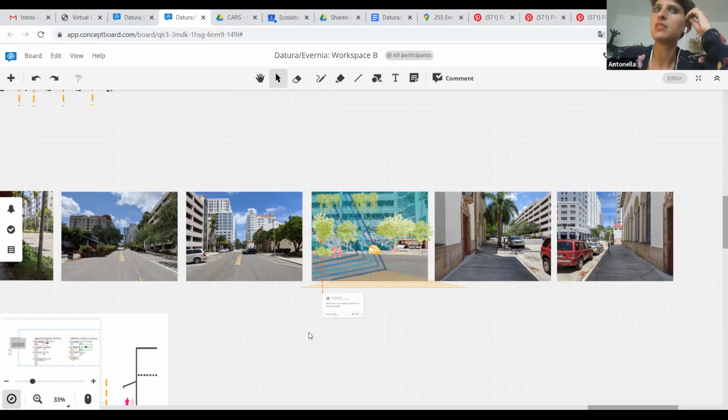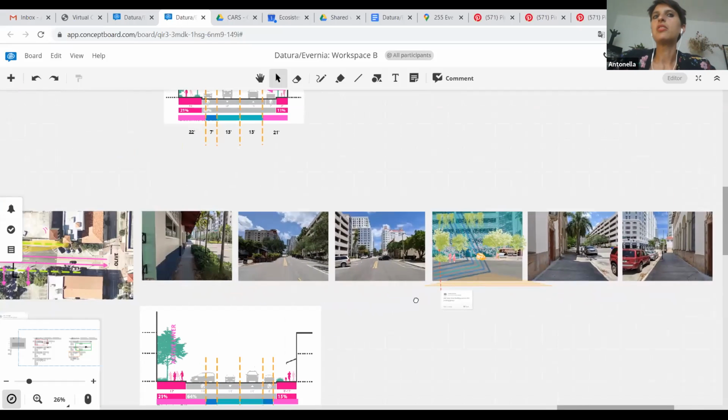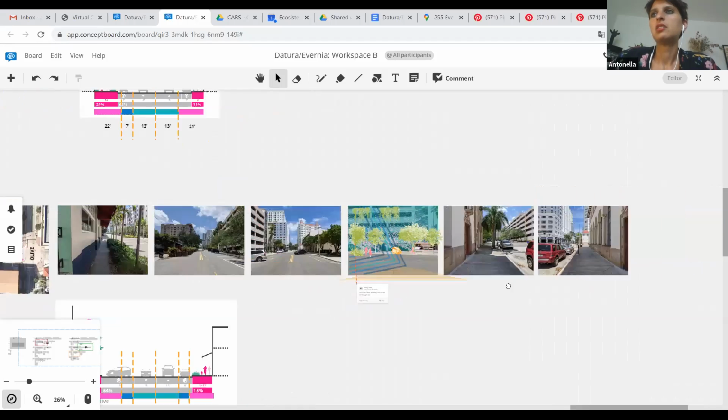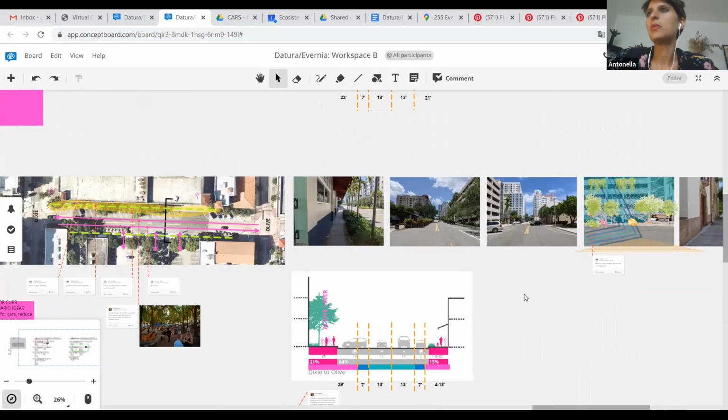And also from an aesthetical point of view, it for sure has some improvements to be introduced. This is something very related also with what were our base conditions. So we will not change that much the existing situation in the streets. So how can we introduce a big change in the perception by also intervening on the facades of the buildings? And I believe that buildings such as this garage, for sure, are those that require much more